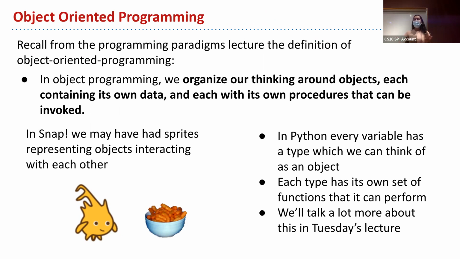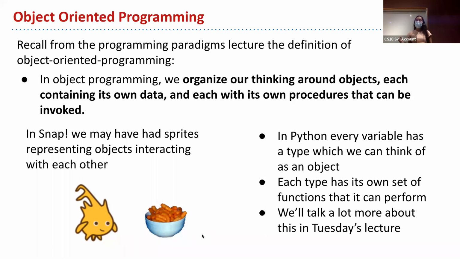You probably haven't used this term that much in this course, but actually Snap is very well designed to account for object-oriented programming, because in Snap we have these different sprites. I just changed the costumes here, but these sprites all exist in Snap, and you can think of each individual sprite as an object, and these sprites can interact with each other. You'll see this when you're doing your final project. If you're building a game or something, it can be really useful to have these sprites interacting with each other, and those are what represent objects. So that's how we do object-oriented programming in Snap.